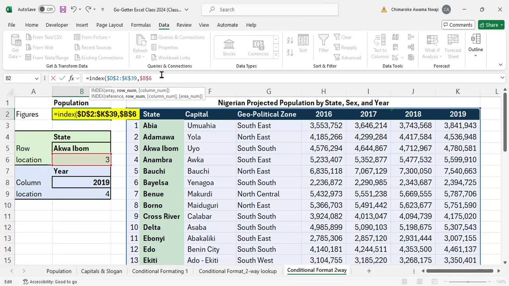That's my row number, comma. My column number should be this. Now, because this is this, and I'm going to put my dollar sign here, dollar sign here. Okay. Now, after that is said and done, I will close the bracket, hit the enter key, and it's